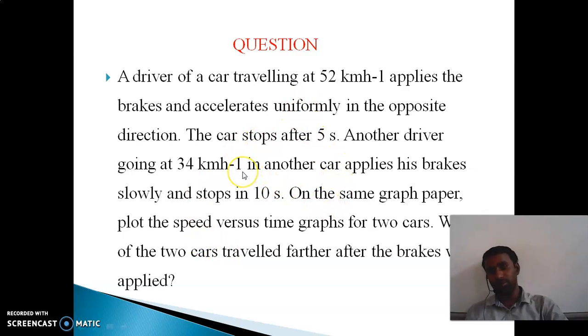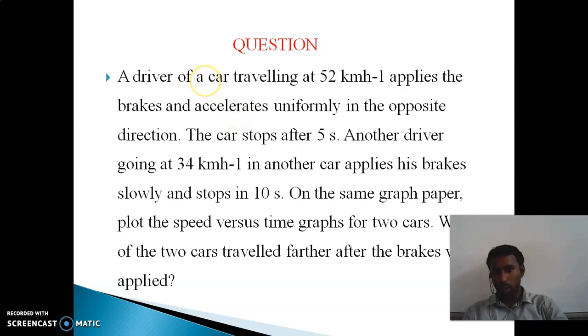Okay, speed and time graph. That linear line is there, no? If it is going down, the speed is going down, that is called retardation. This kind of line will come for retardation. If the speed is increasing, it will go this side. Under that line, if we find the area, what can we find?